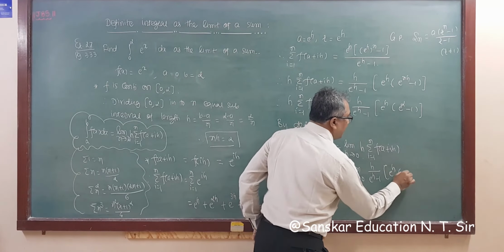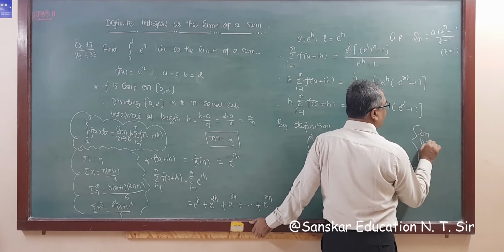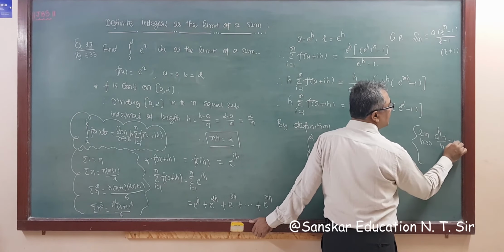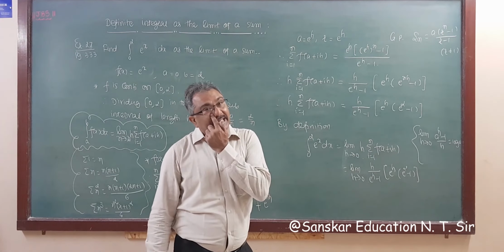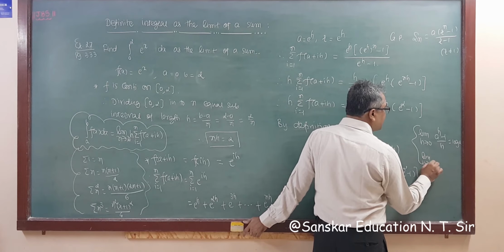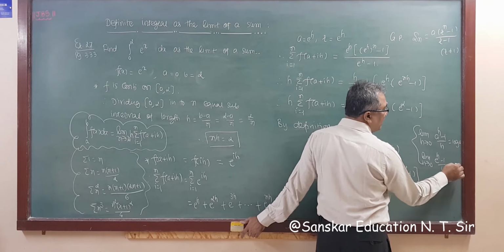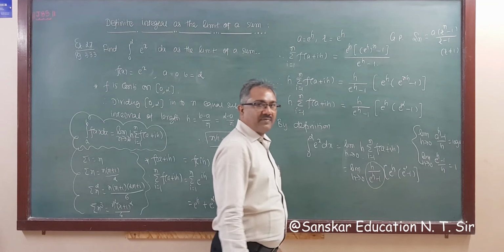Now you have one formula. Limit h tends to 0 of a raised to h minus 1 upon h. Answer is log a base e. And if we take e instead of a, then limit h tends to 0 of e raised to h minus 1 upon h, the answer is log e. Log e is 1, so the answer is 1. So the answer of this is 1.